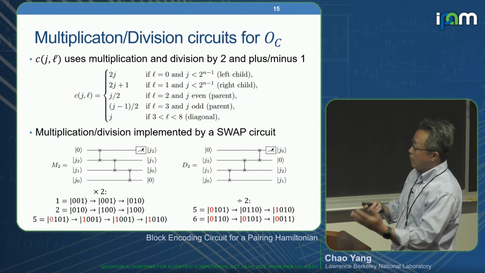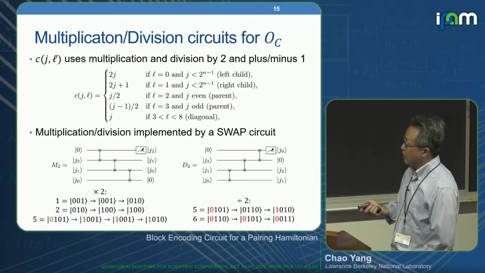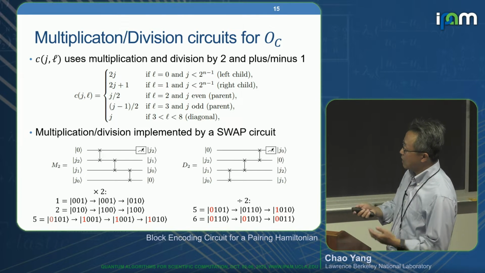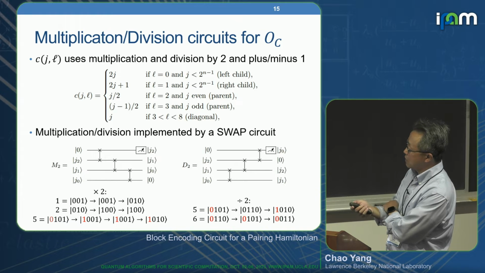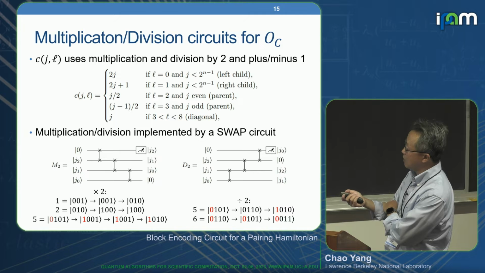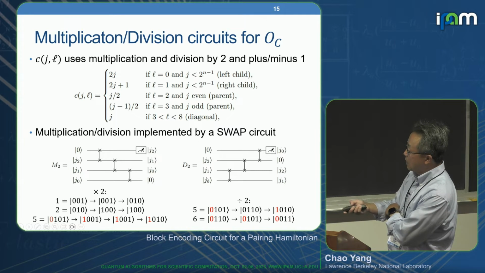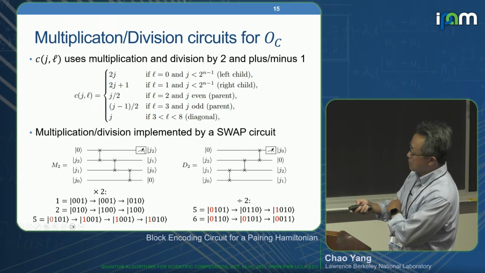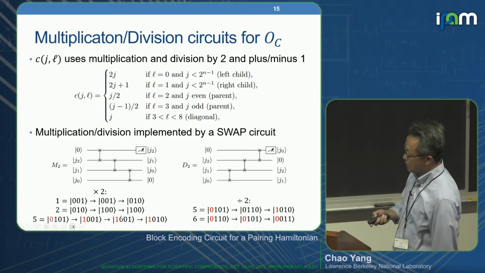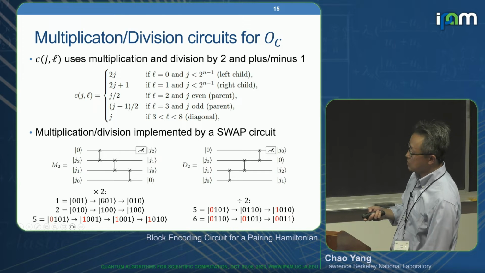We already know how to add 1 or subtract 1 using permutation, and there are circuits for that. How do we do division and multiplication by 2? It turns out that you can implement this efficiently by a sequence of swap circuits. I'm not going to go through the details, but you can verify what happens if you multiply 1 by 2. Okay, so it turns into